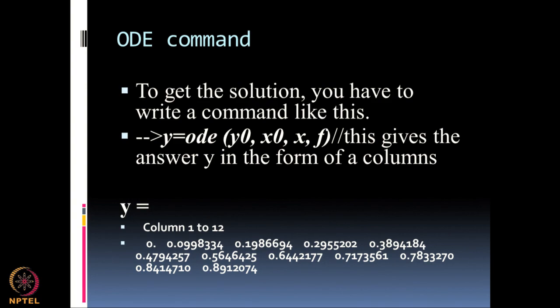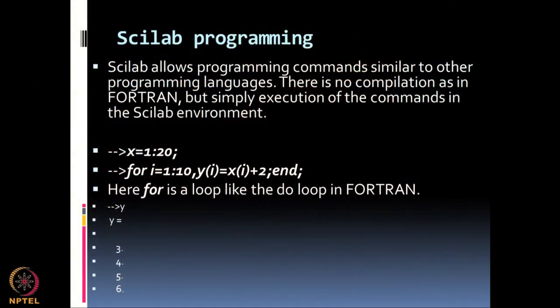After doing all this, the next thing I want to do a little bit is what is called Scilab programming. Remember in Fortran, we know how to write programs because there is a structure to that language. Everything you want to do mathematically, there is an equivalent programming construct to do that operation. In Fortran in particular, the do loop was do 10 I going from 1 to 10, then all the statements in the do loop will be executed until I takes the last value of the index variable for the do loop.